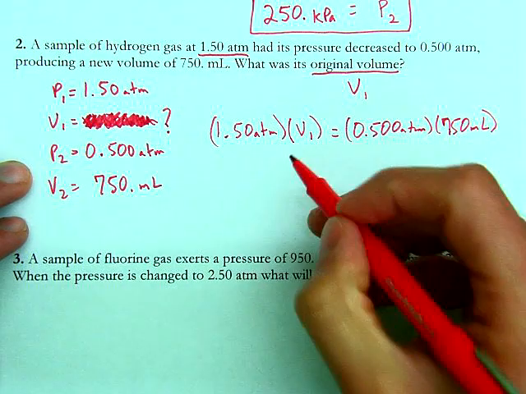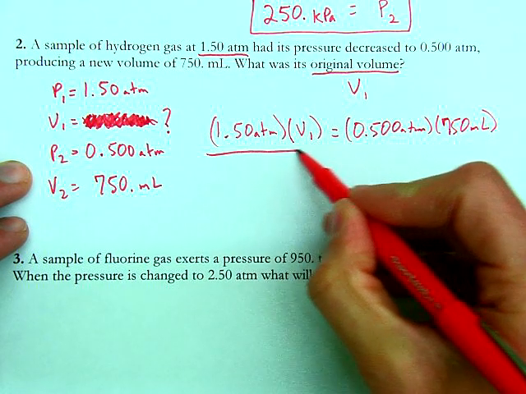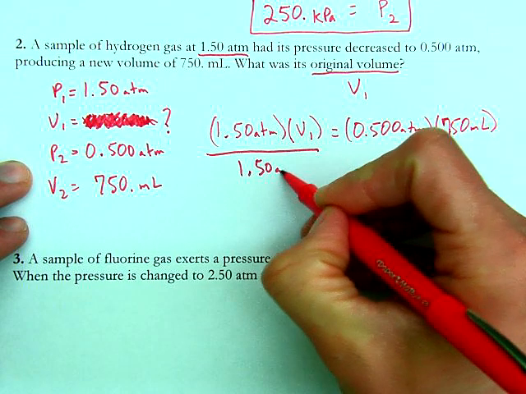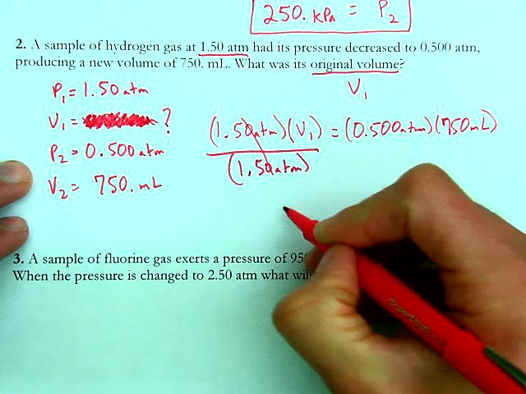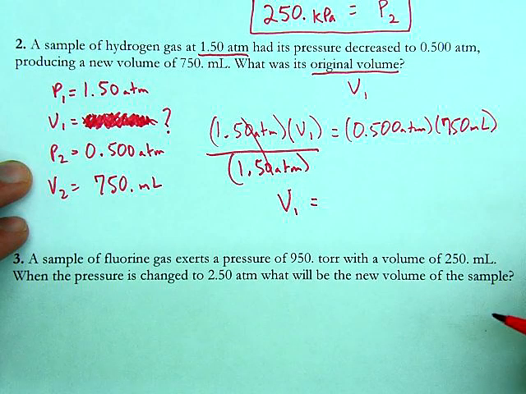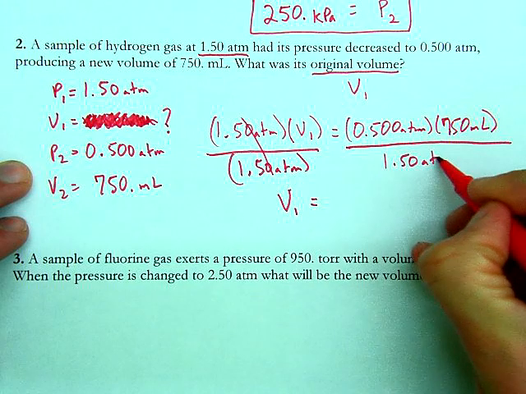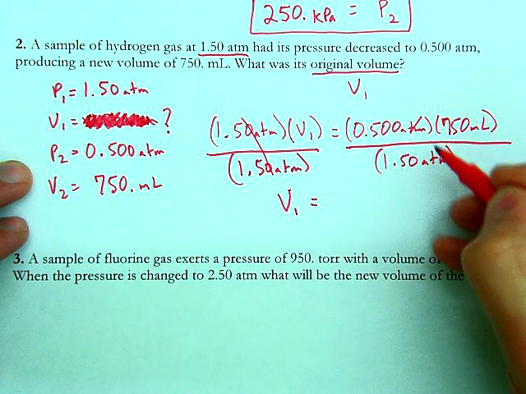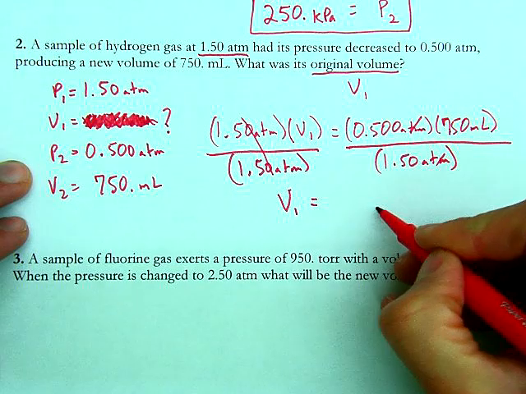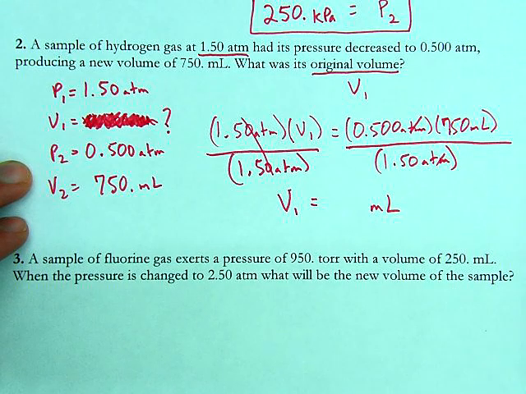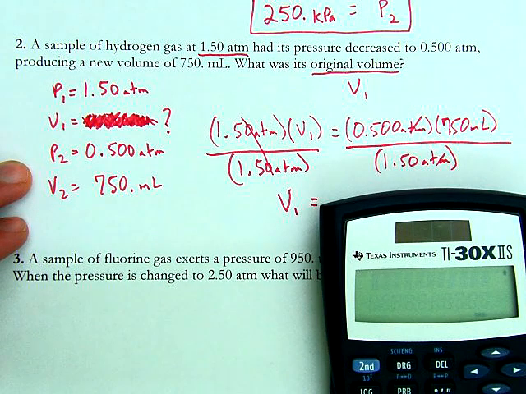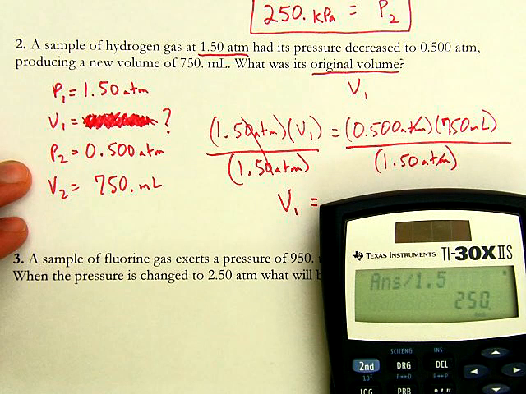So just like the other problems, we need to get this variable all by itself. So we're going to divide by the thing that's on that side, 1.50 atm. That will cancel and leave you with V1 on the left side of the equation. Whatever you do to one side, you're going to do to the other. So this gets divided by 1.50 atm. When we do this math, the units of atmospheres will cancel, and we'll be left with our unit of volume, which in this case is going to be milliliters. So plugging this into the equation, we have 0.5 times 750 divided by 1.5. Our units of atmospheres cancel, and we get 250